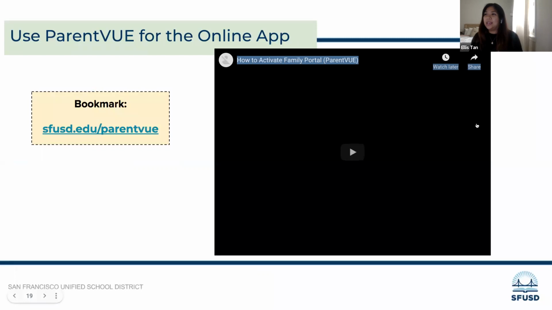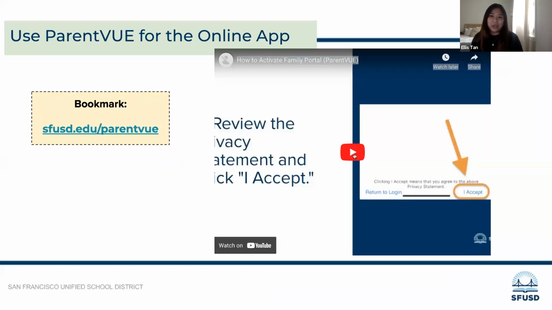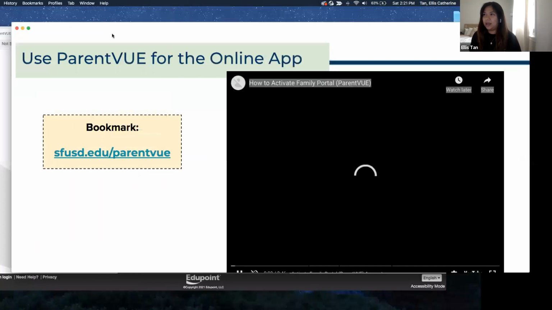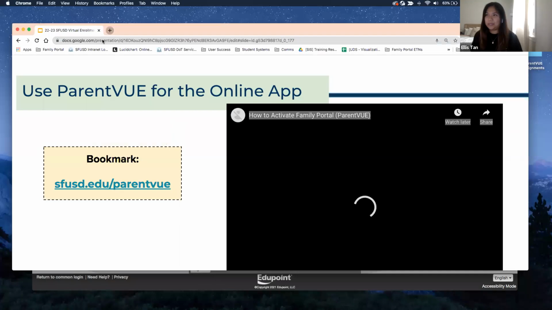Okay, so here's how you activate your parent view account. And let me pause here to talk about parent view. And I understand that my internet is glitchy today of all days. So I'm going to go into the